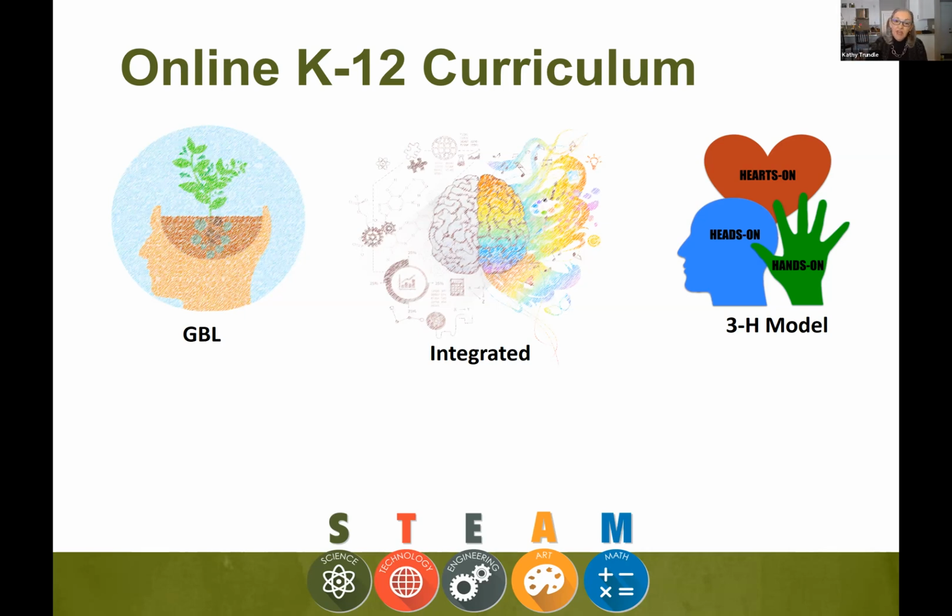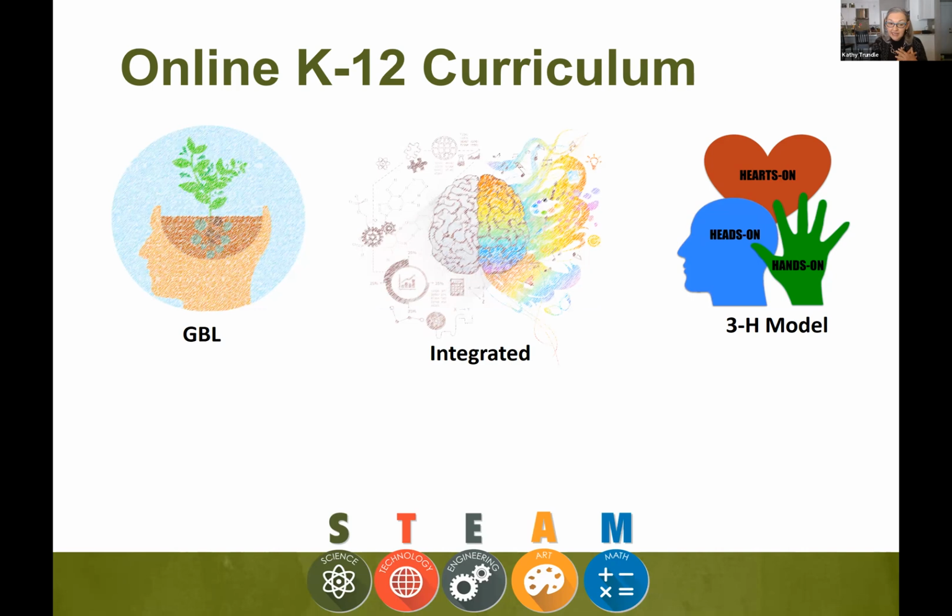The importance of the heads-on is that if we only do hands-on, then it's activity mania. And what that means is it looks like science education. It looks like inquiry. So it looks like kids are learning, but they come away having fun. They've engaged with materials. They can tell you what they did, but they can't tell you the bottom line on what they learned.